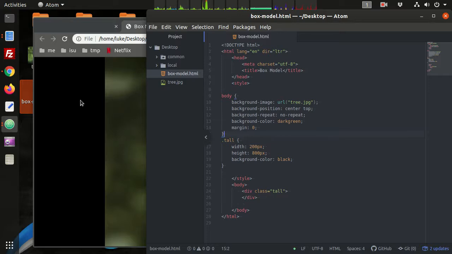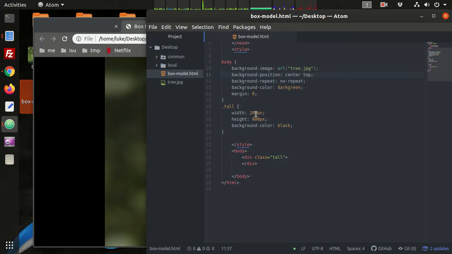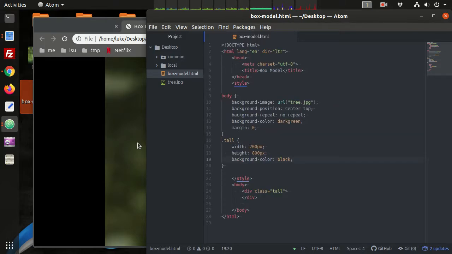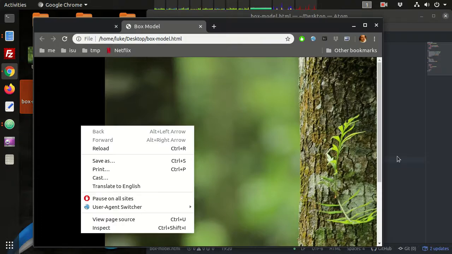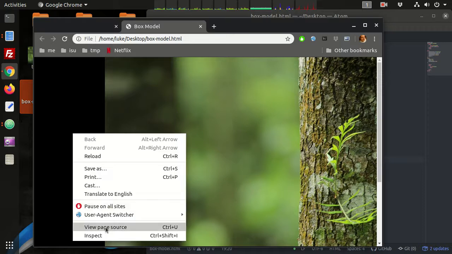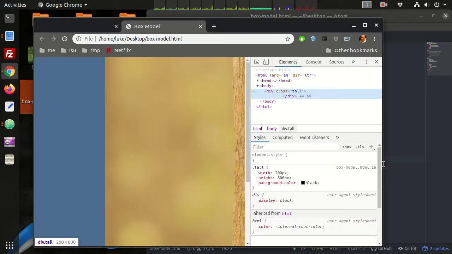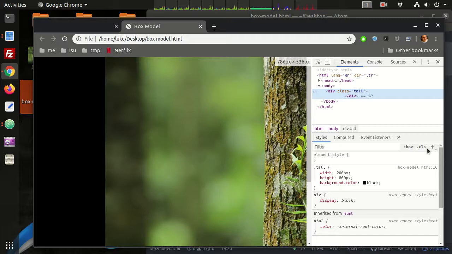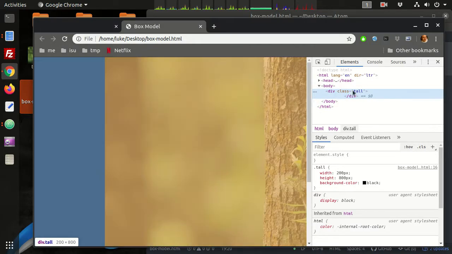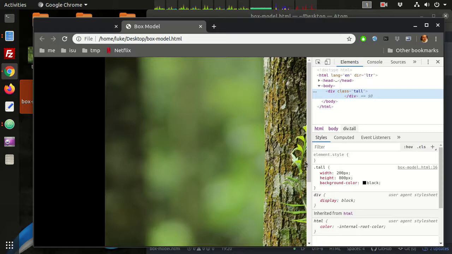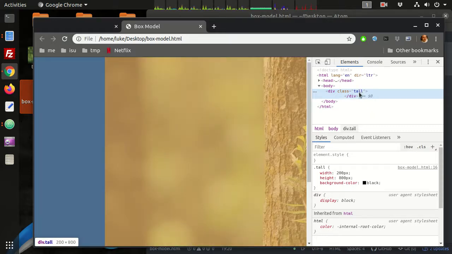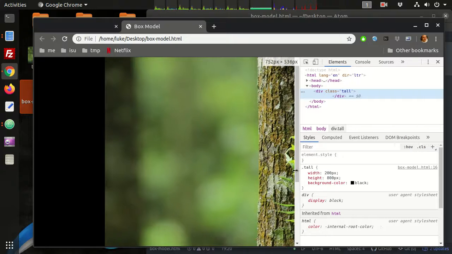Okay, so we have this long div, 200 pixels by 800 pixels, background colored black. And we know that divs are by default display block elements. If I inspect this element, now I have specified a width on it, right? But notice it still has all of this margin. It's highlighted there. If we expand this out a little bit,